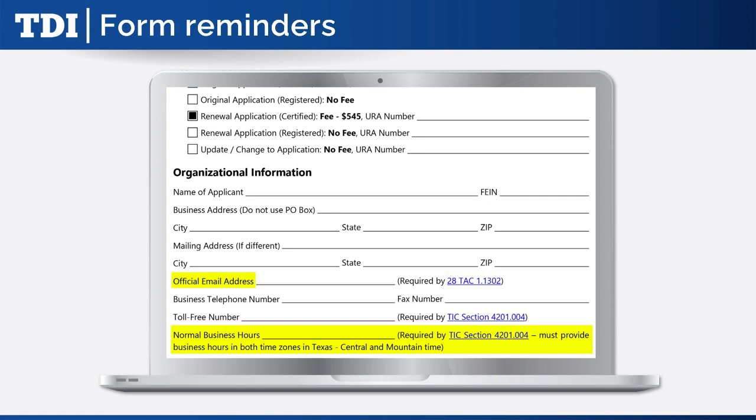All fields within the URA application form should be completed, and NA should be entered if an item is truly not applicable. Make sure you do not omit these fields that are commonly overlooked on the URA application form. The official email address, which is required by 28 TAC 11302,